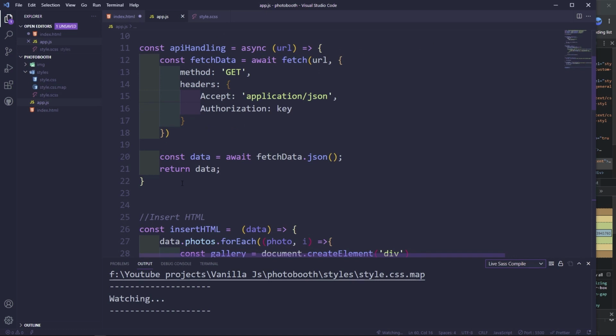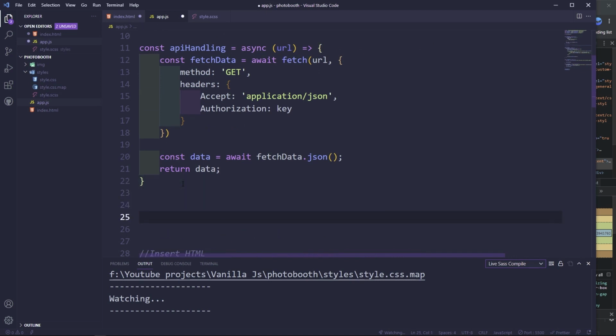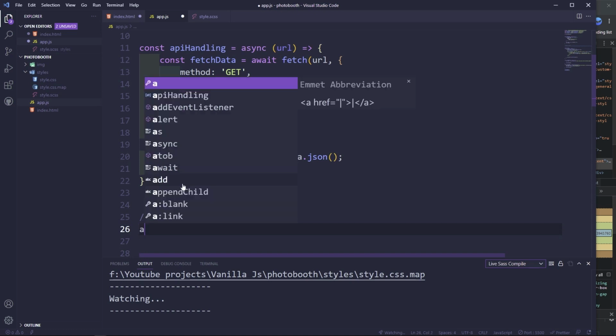Yeah, we can do it below the API handling or so, wherever you want. Listen for events. Okay, we're going to listen for a click. Actually, not a click necessarily, but for a submit. When we click, actually it's a click when we submit the form. So we're going to say search form